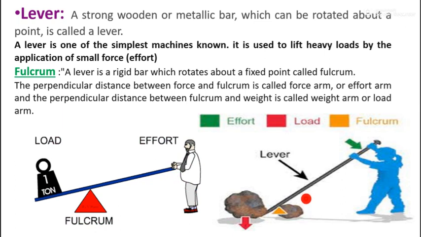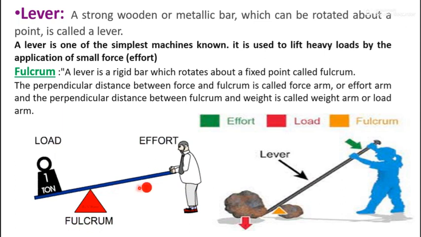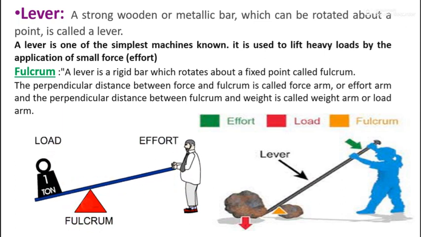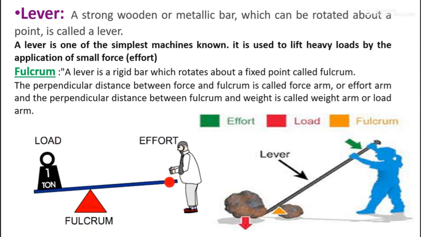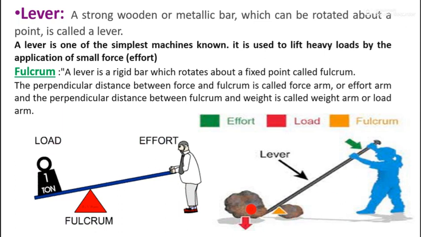In these two pictures you can see the load, which is the weight. The fulcrum is the part between the effort and the load, the part which rotates about its circle. Effort is the force we apply to the machine, its input. When we give input effort, the heavy load can be easily lifted with the help of a simple machine. The lever is also a simple machine.